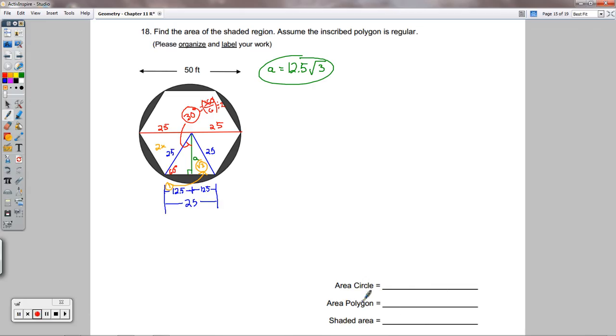So the area of the polygon, the hexagon, is going to be 1/2 times the number of sides times the side length times the apothem. So we have 1/2 times the number of sides, which would be 6. The side would be 25 right here, and the apothem was this, so times 12.5 times the square root of 3. And then all that multiplied together ends up giving you,